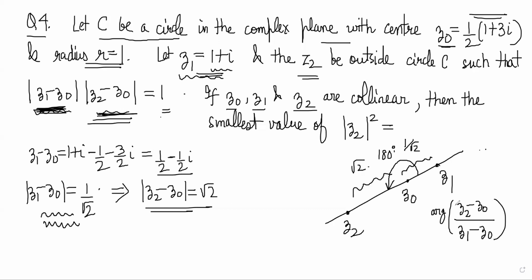So I am saying argument of Z2 minus Z0 by Z1 minus Z0. Argument of Z2 minus Z0 means this line's argument, and Z1 minus Z0 is this segment's argument. So the difference between the arguments must be pi. So what you can say is the complex number